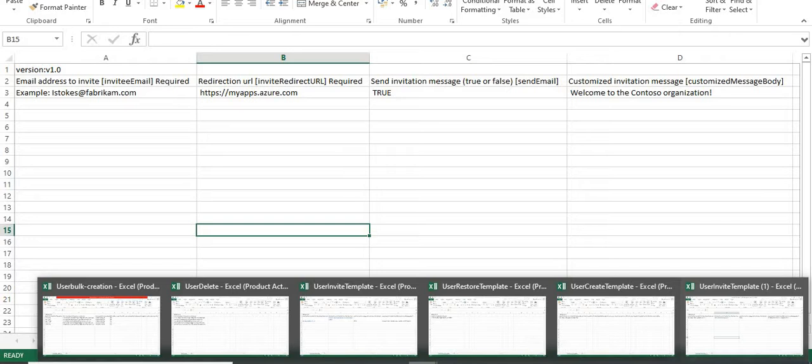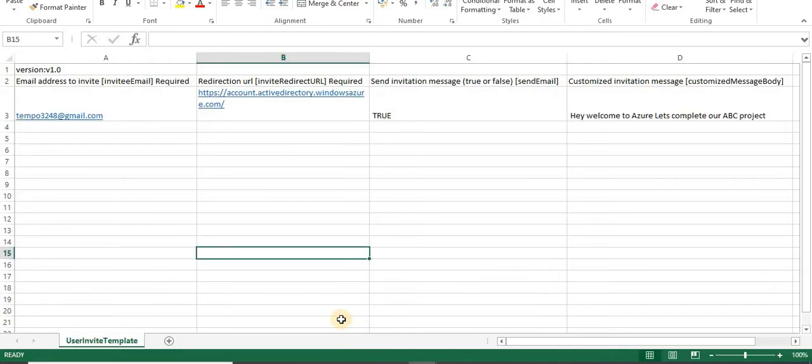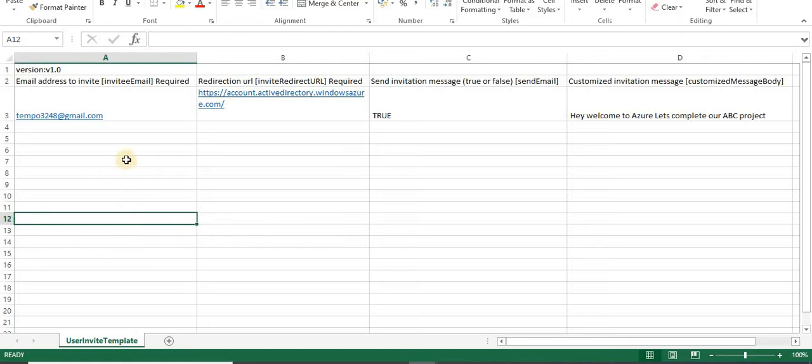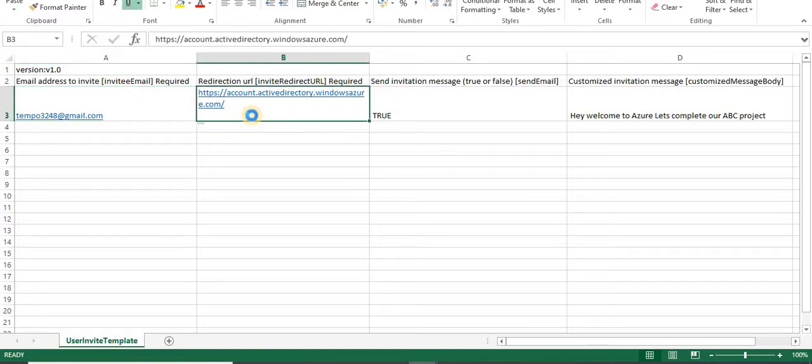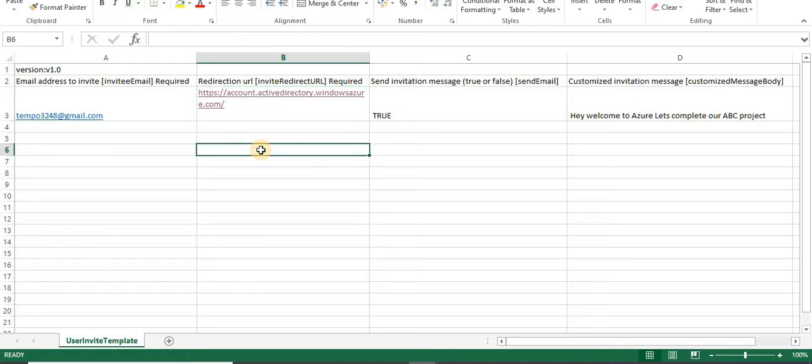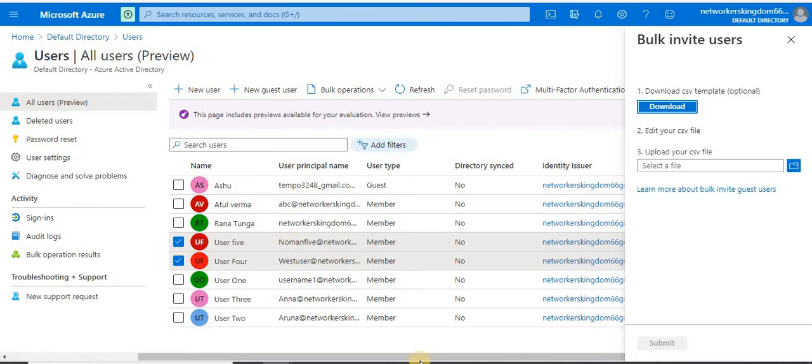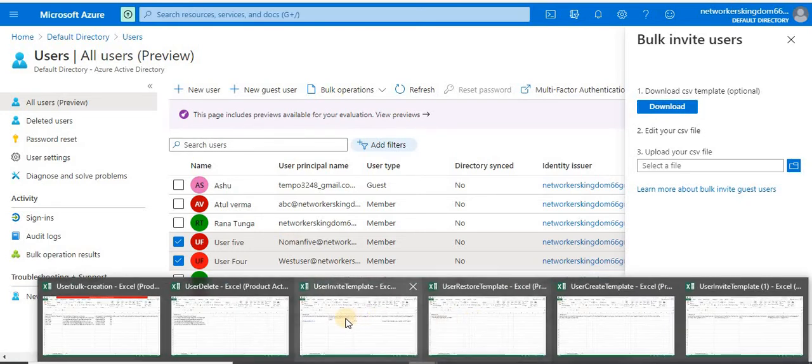Let me show you the user invite template. I have just mentioned my temporary email address here, and I have mentioned one URL. The user whom I am going to invite will be redirected to that URL only.